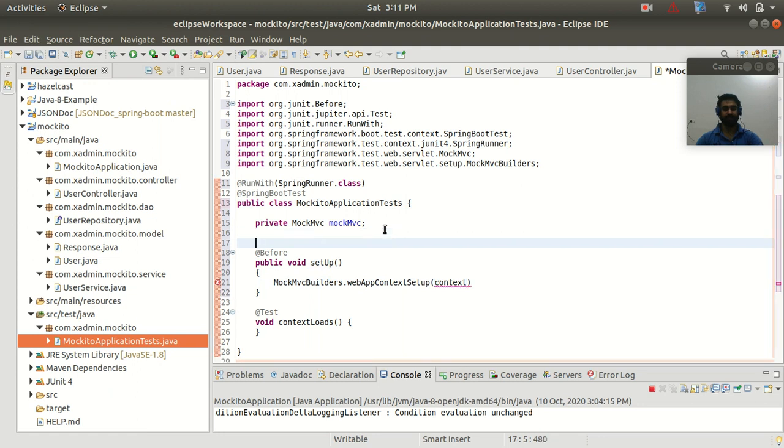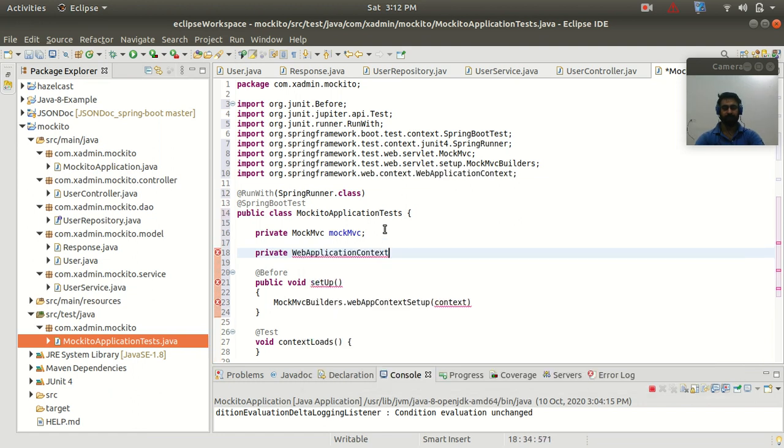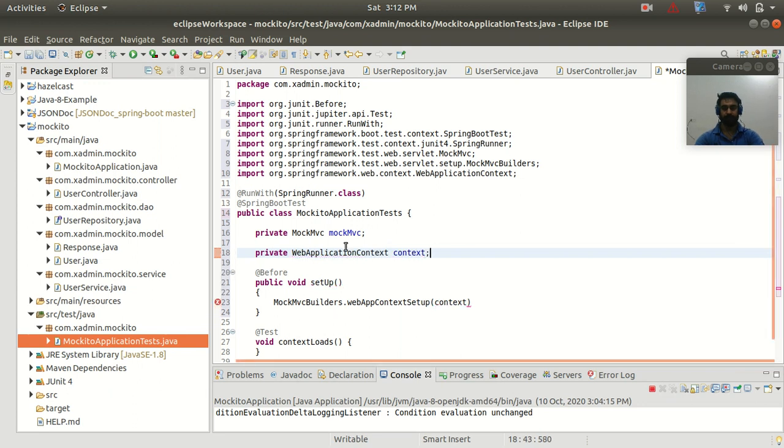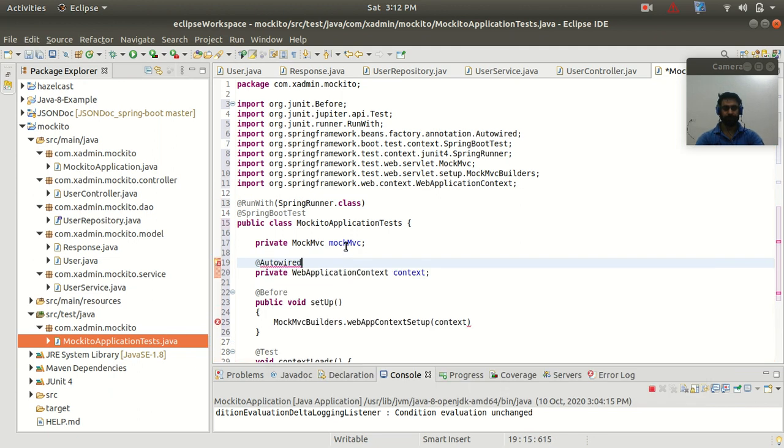So let me inject this WebApplicationContext object in our class. Private WebApplicationContext context. Mark this with the Autowired annotation, right?